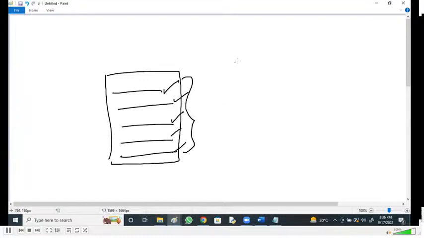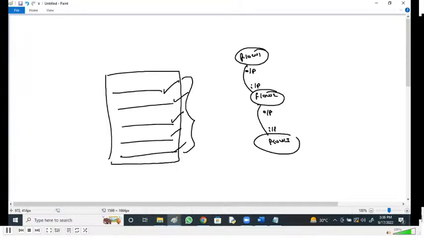For example, flow 1, the output is taken as input by the next one, and flow 2 output is taken as input by flow 3. Finally, if I perform any kind of action on this particular one, then only this entire flow executes.